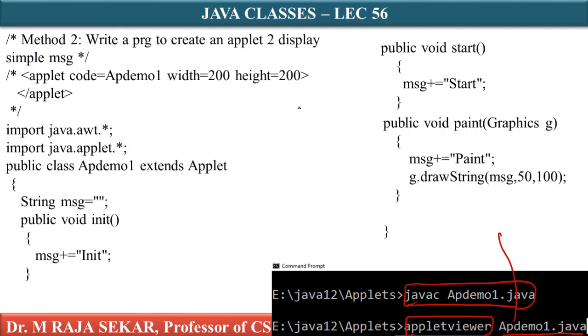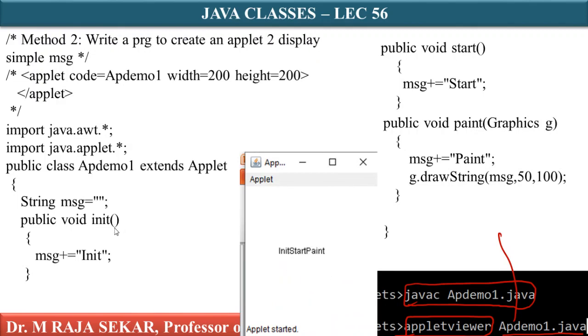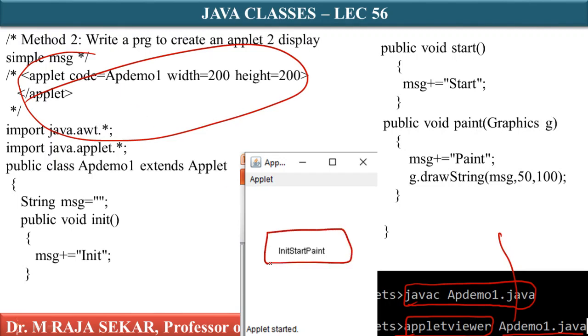Just refer to my previous lecture once. This is the same program which I discussed in my previous class. Simply it's a repetition of the previous program. The only difference is, what is the difference? In this case, we are keeping this particular HTML code in this code itself. We are not maintaining a separate file for HTML. This is the output which we have seen in my previous class.